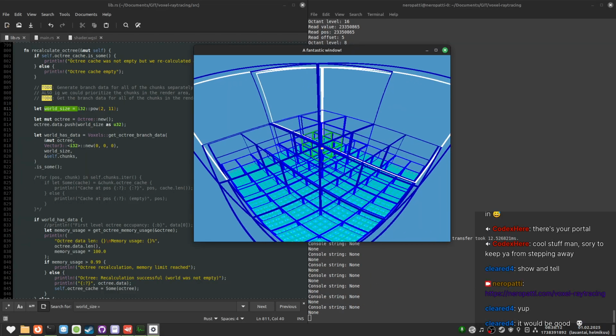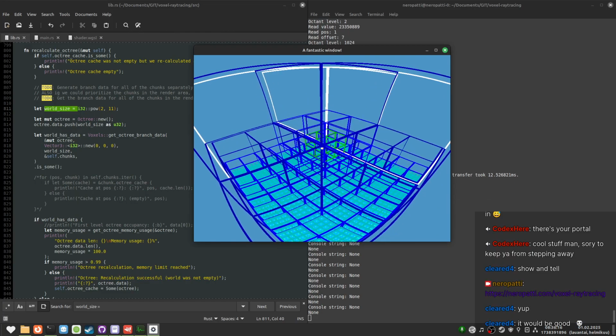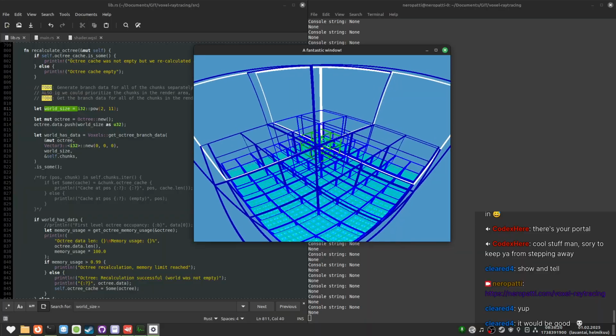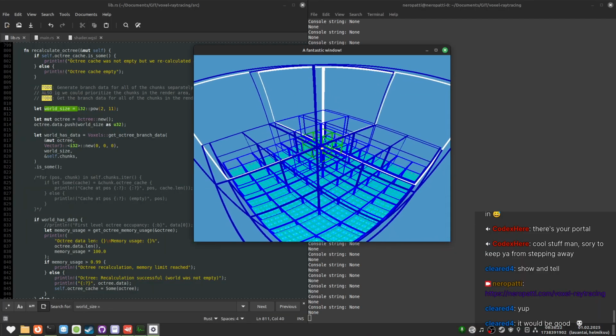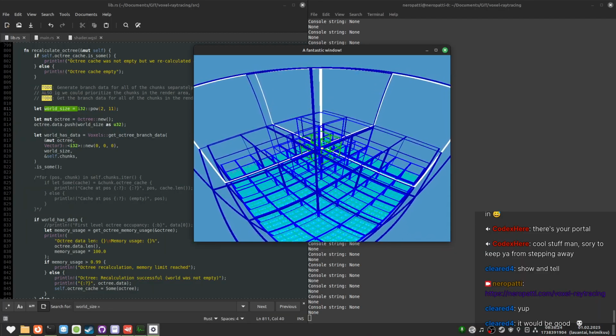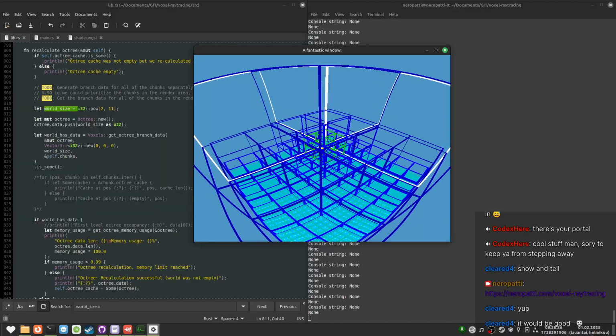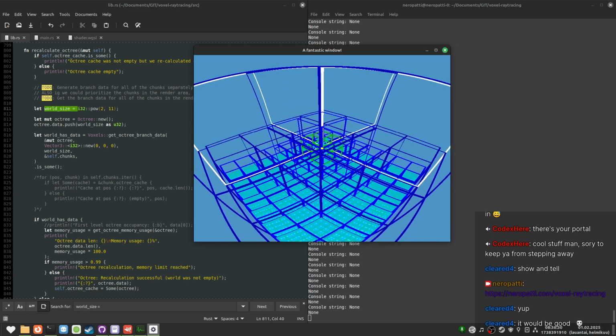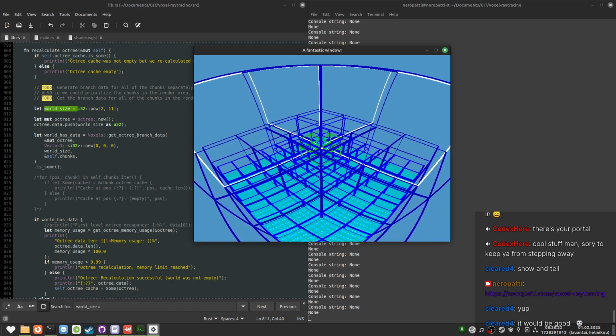Can I snipe that voxel that's keeping this branch alive? I have no idea where it is. Where's the voxel? Where is it?